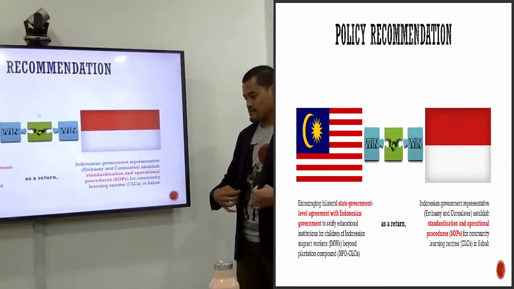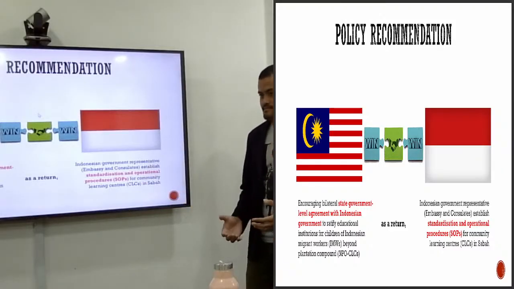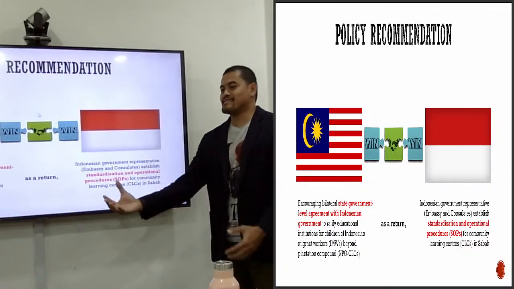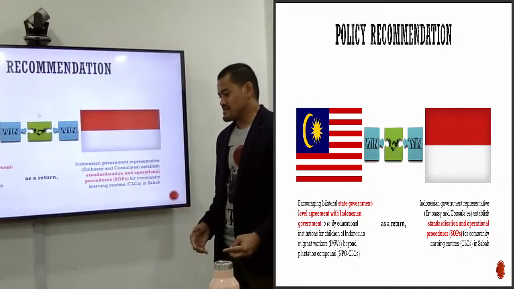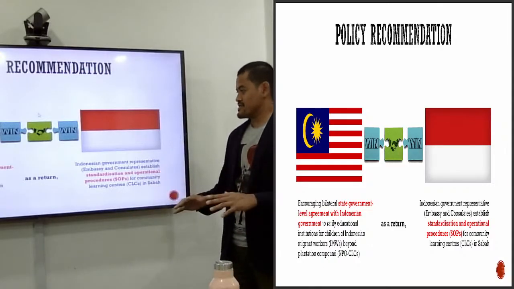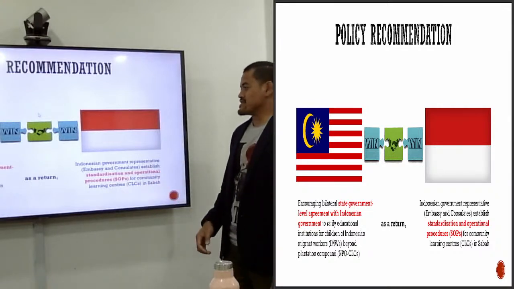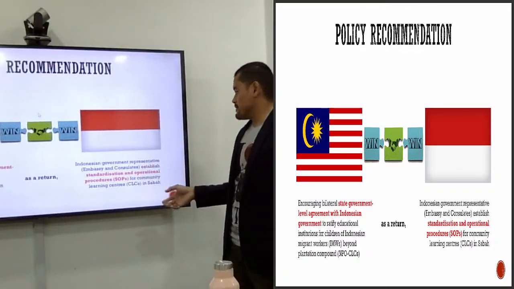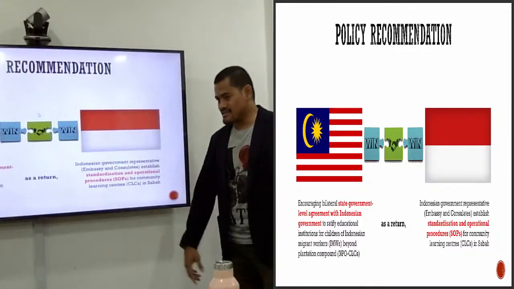That means they have to update their existing agreement, where currently they only accept the institutions inside the plantation estate. But eventually, because of the existence of many CLC institutions outside plantation estates, the Malaysian government should ratify and recognize them. But in return, the Indonesian government representatives, focusing on the embassy and consulates,